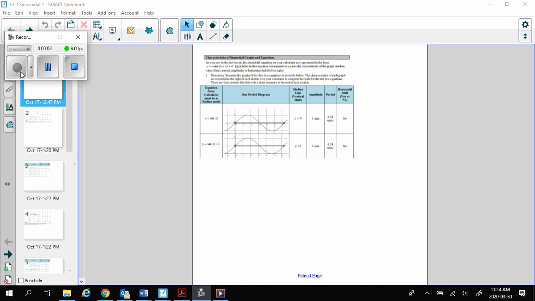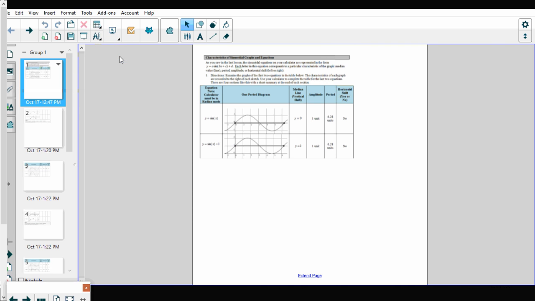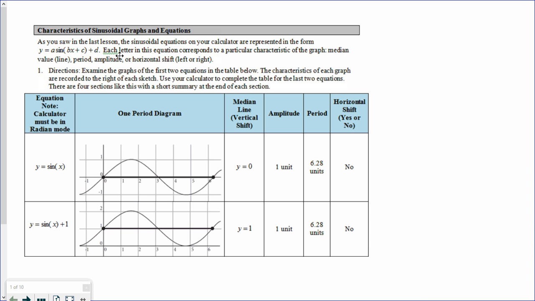All right, so this is the next lesson of sinusoidal expressions and functions, or graphs and equations, I guess. So we're looking at the characteristics of it in this one. And this one will be a little bit different. As it says at the top, as you saw in the last lesson, the sinusoidal equations on